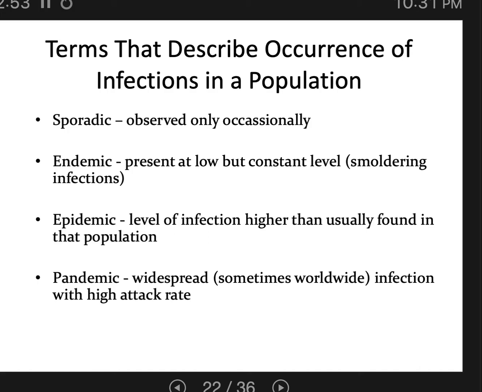So it can either be a change in how the host is behaving or host health of the population as a whole, right? It's not one individual, it's the whole population. When we're talking about moving a pathogen from an endemic status to epidemic status, either something about the human population has changed or the disease mutates so that the human population no longer knows how to handle it. And these days, it's very easy for an epidemic to become a pandemic because of globalized travel. We don't really have just epidemics anymore, right? The flu, you have an epidemic in one place, it becomes a pandemic because it moves to another place.